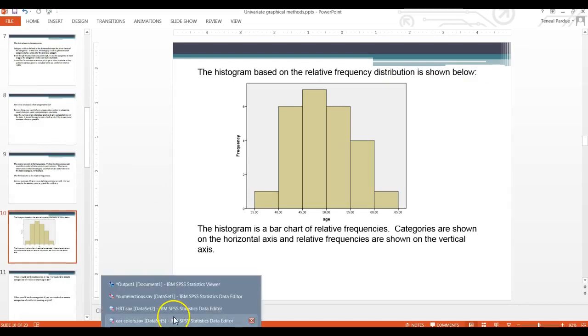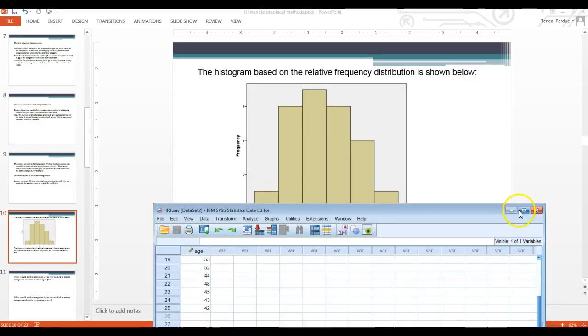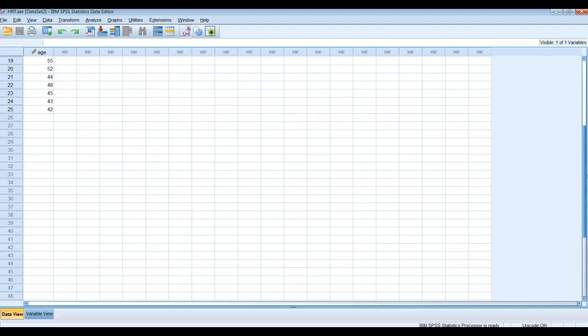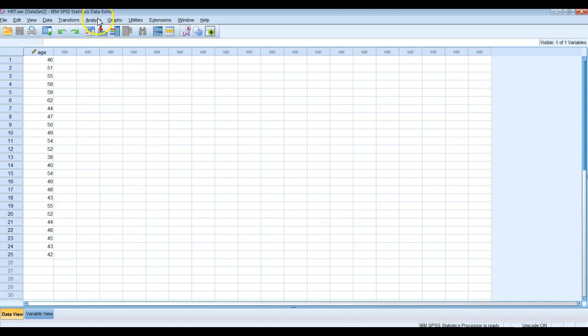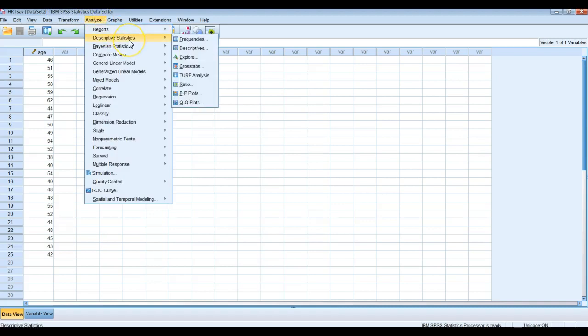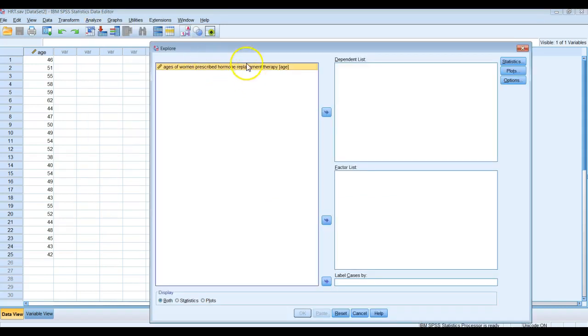So we've got this hormone replacement data here. I'm going to go to Analyze, Descriptive Statistics, Explore. I know there are other ways to get the histogram, but I want you to use this because this is going to be useful for us next week. So Analyze, Descriptive Statistics, Explore. We'll take our variable, move it over to Dependent List,